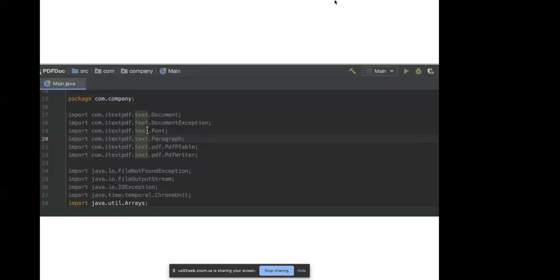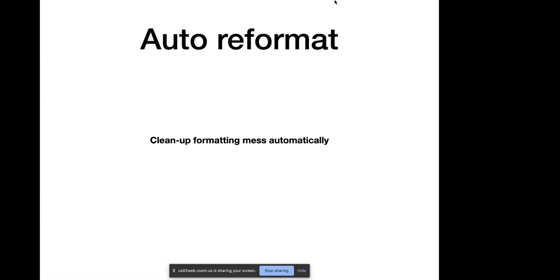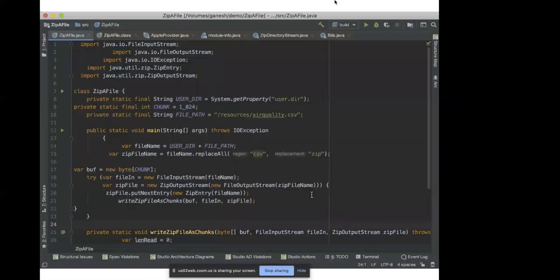We already saw how to remove the unused imports. You can remove them on the fly, or you can do control option O for removing the unused imports. And you can do auto reformat, so control option L for reformatting it automatically.